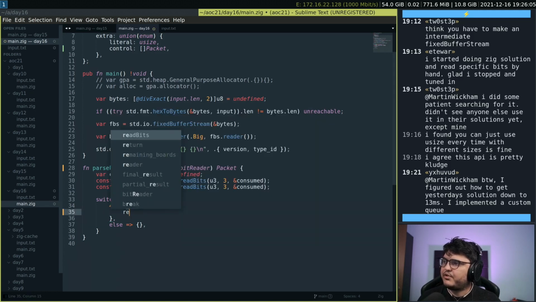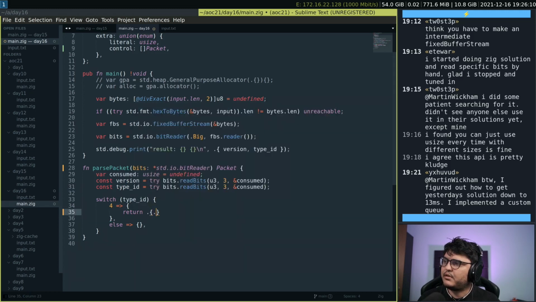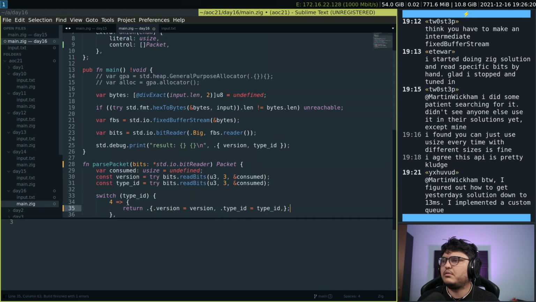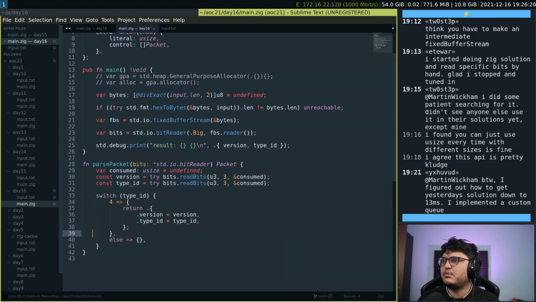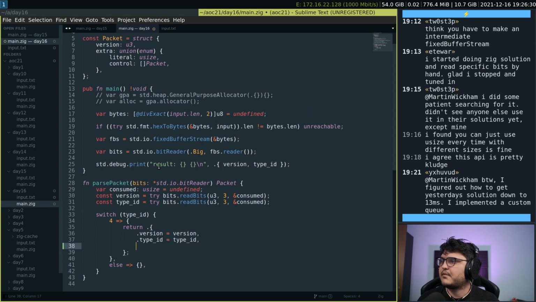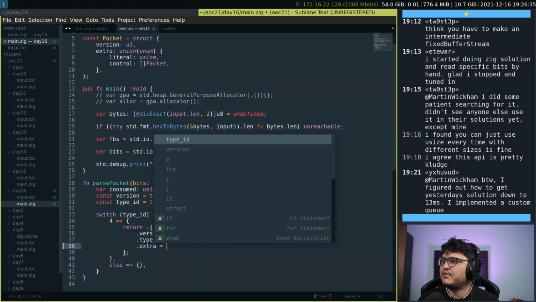And at this point, we know that we can return a packet with version equals version, type ID equals type ID, and extra is going to be